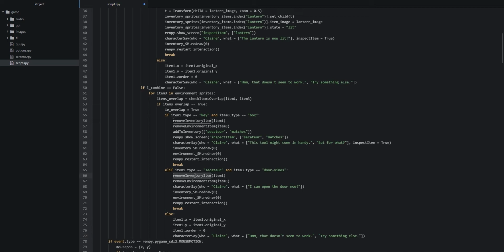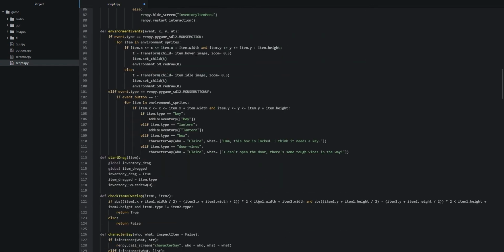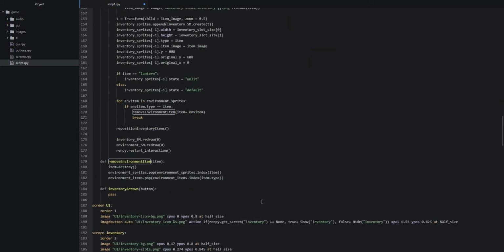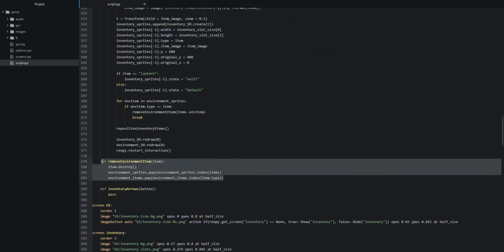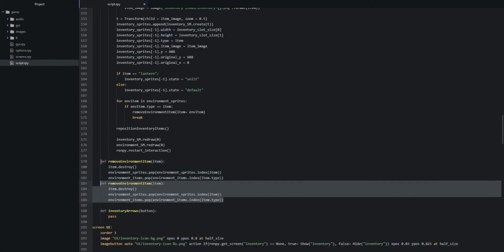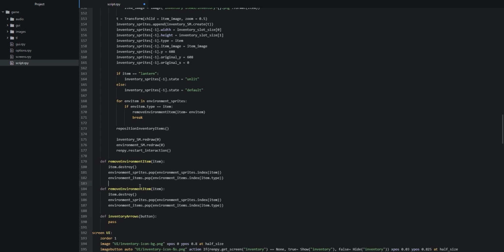So now that we have that done, we're also going to make sure that we are creating this remove inventory item function, as we haven't done that yet. But since this function is going to behave much like our remove environment item function, we're going to go ahead and copy paste that and then change it to work for the inventory instead. So let's go ahead and scroll down until we find it right here. So I'm going to go ahead and select the whole function like so, and then duplicate it, and then we're going to rename it to remove inventory item, like so. And then we're going to change the variable names inside of here. So instead of environment, we're going to say inventory, and then we'll do the other ones as well,